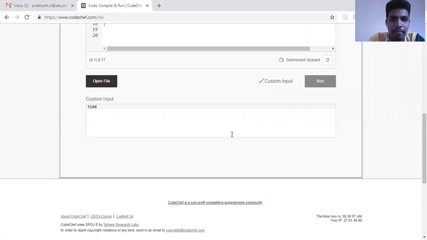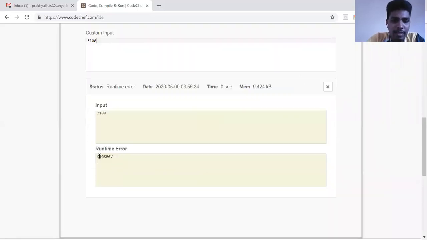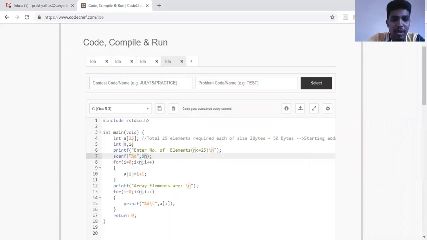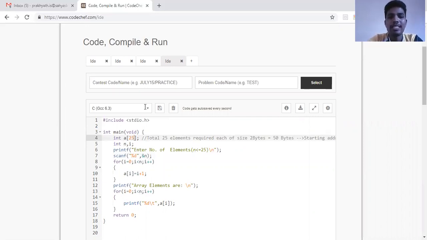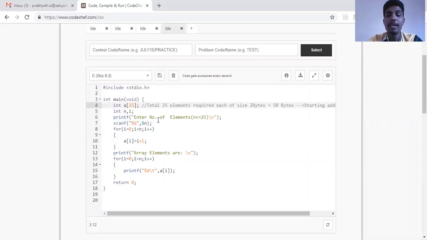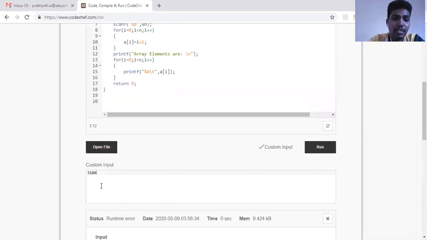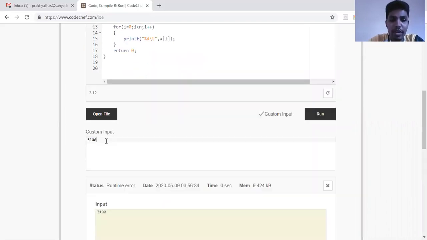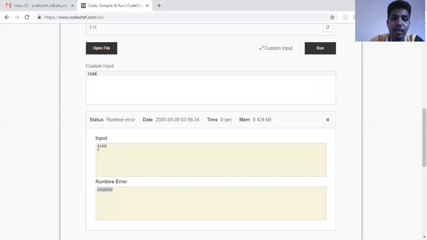So we'll see. See here, it is a runtime error. Why? Because I requested a very huge space, but I reserved only 25 rooms. Even if I write 26, it is actually wrong. In this compiler it is showing because it has continuous room space which is free. But actually it is wrong. If I've taken 25, I can utilize a maximum of only 25. That's the concept of static initialization. If I utilize a number larger than 25, it throws me an error. My input is this one, but I've reserved only 25 rooms and I'm requesting 3000 rooms. So it is an error.